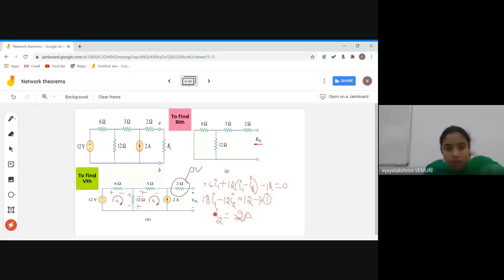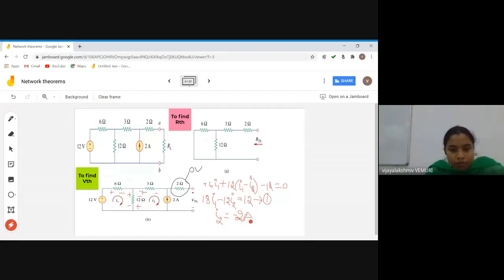Okay, so to find out the drop across 3 ohms and 12 ohms, you need to know the current flowing through this 3 ohms, and you also need to find out the current flowing through this 12 ohms. The current flowing through 3 ohms is anyhow minus 2 amps. Why minus 2 in this direction? I2 is minus 2 amps. Both are in reverse direction. Our assumption is I1 and I2, and I2 is coming in the reverse direction, so this is minus 2.